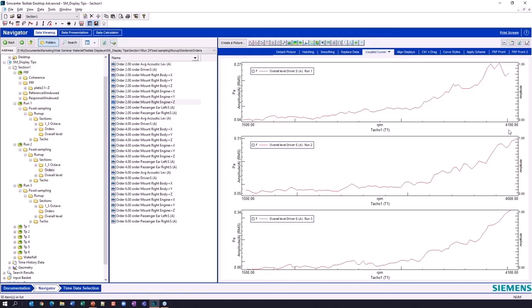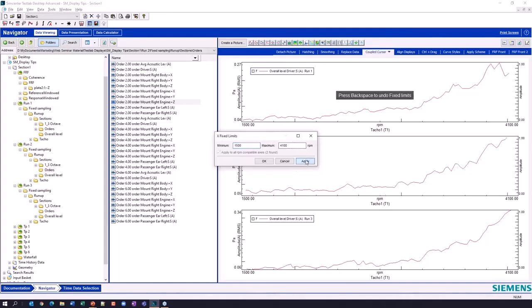And you see it is a little bit different where run 1 is 4,100 is its maximum value. This one, run 2, I only got up to 4,000 RPM. So the data is a little bit different here. If that is a problem for me because I really want to ideally look line for line identically, I can come in here and I can say limits fixed and just say, show me 1,500 to 4,100.